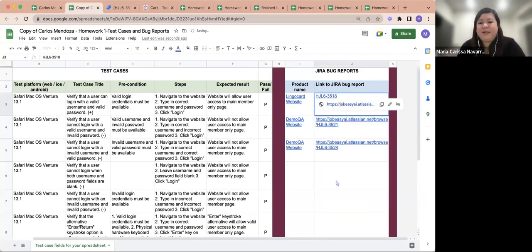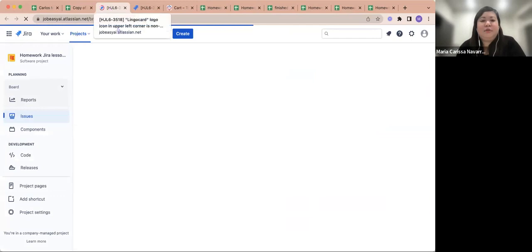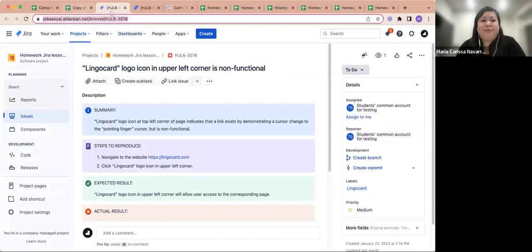HJL63518. So yeah, this is now how it looks. This is without the URL. When you click it, you will be redirected to the bug number. Okay, does it make sense? It's easier to